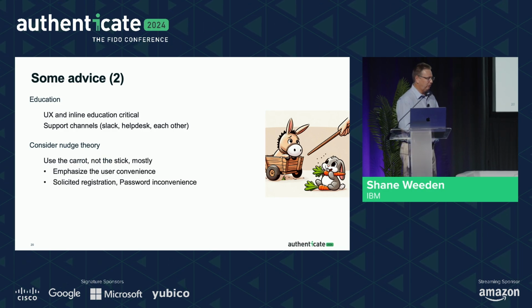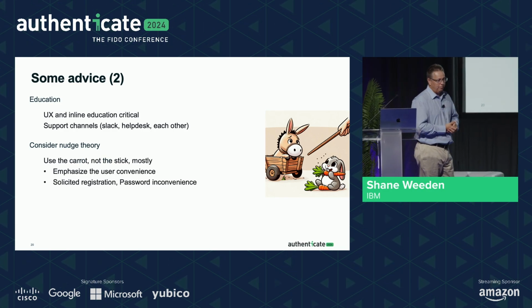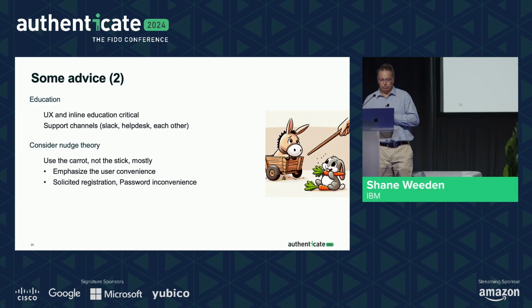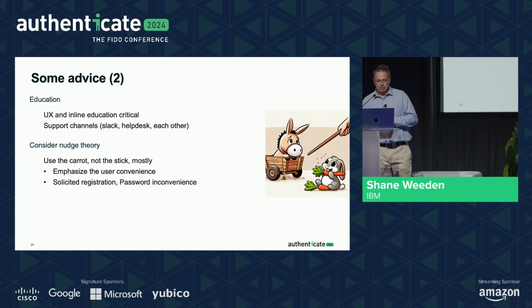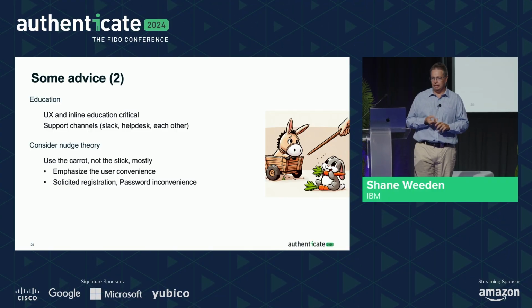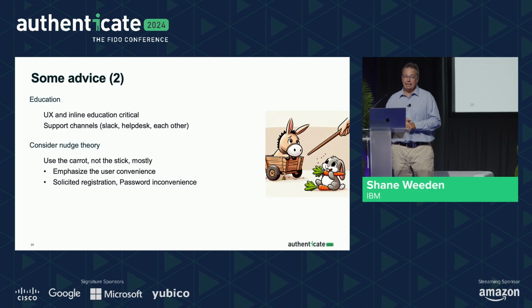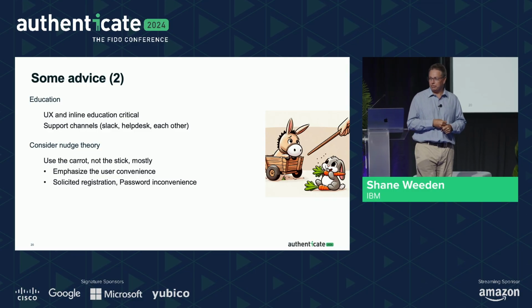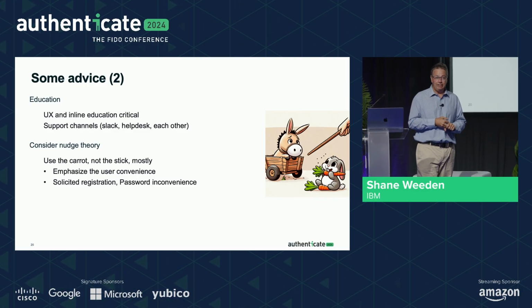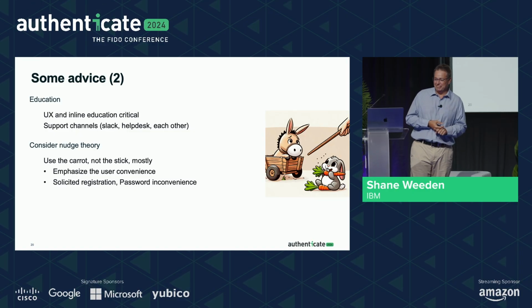So consider some nudge theory. We all know that employees are going to use it because it's easier to use, not because it's stronger. But there are other ways to do the nudge, not just solicited passkey registration during login. We might even do something nasty like introduce higher friction if you log in with a password and force you to do 2FA every time. That would suck, right? That'd be a good reason to move.